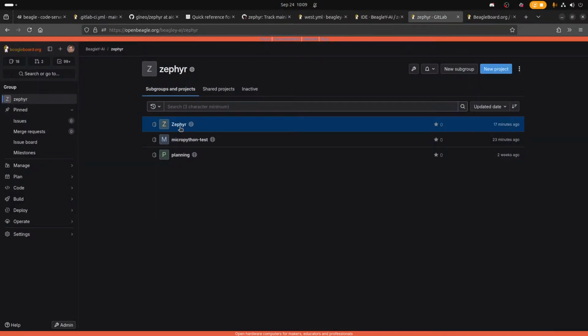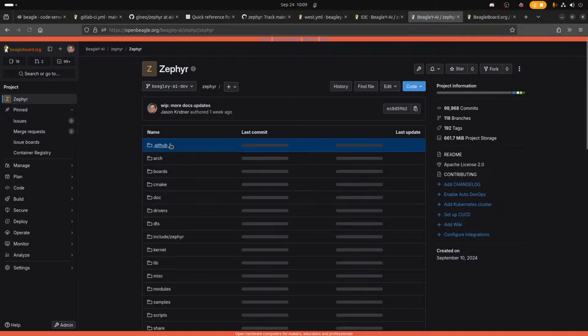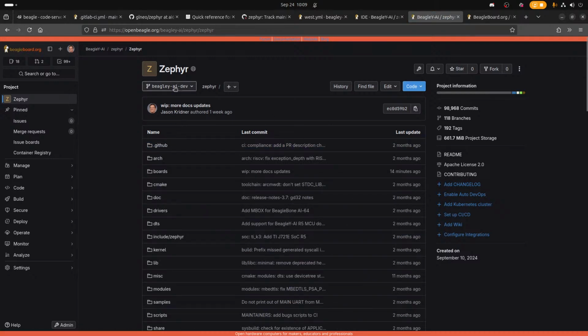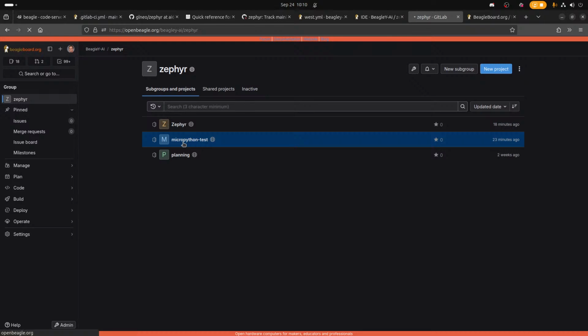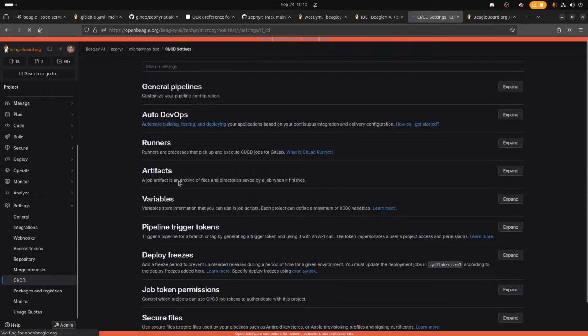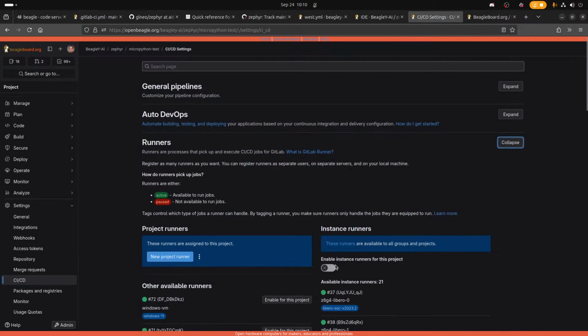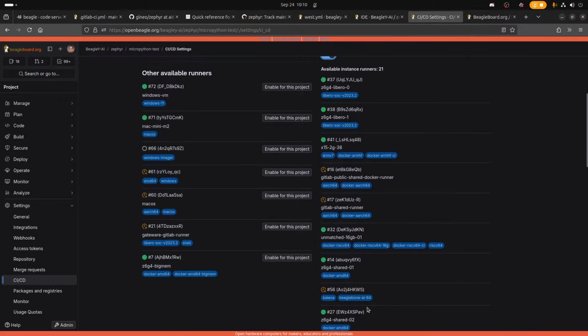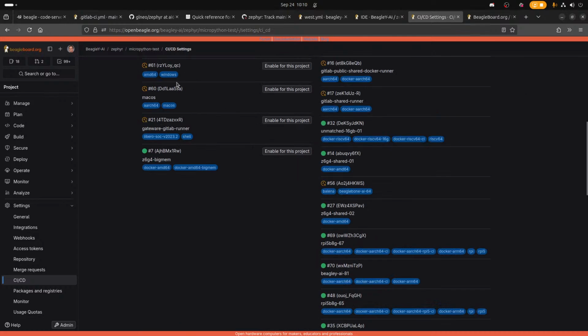Now it should still tell me. Wrong one. MicroPython test. There we go. Settings, CI/CD, Runners. Trust the global runners. Now come back here.